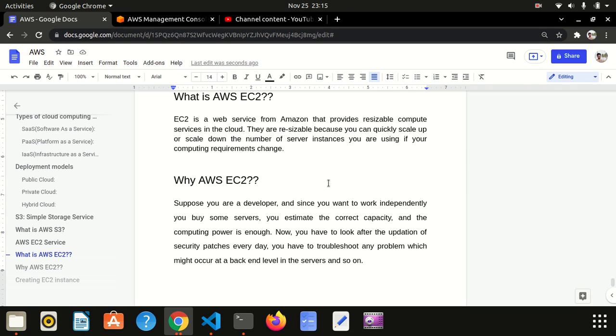Consider you are working on any project and you don't know how many servers you have to buy to work on that project. It is very difficult to make the estimation, and in case you think that you can buy more servers and store, that will increase your cost. You also cannot buy fewer servers, because if you have fewer servers for your project and your project data keeps on increasing, there are chances that your project data might be crashed. So that is when AWS EC2 comes in handy.